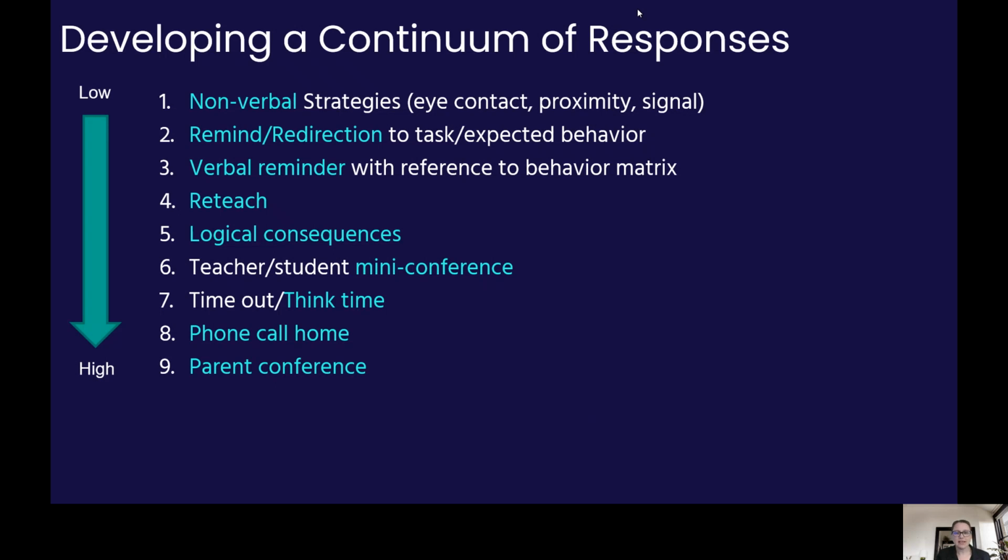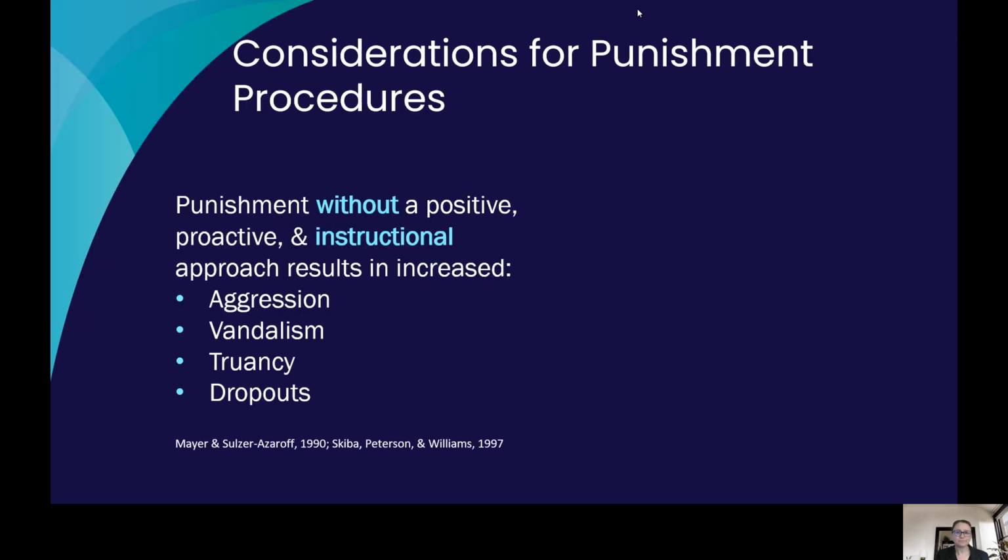I encourage teams to think about how to push in prompts, reminders, and model the use of instructional responses such as redirecting, reteaching, conferencing with the student, and when necessary, the student's caregiver. Responses to social errors should be respectful and reduce the probability of escalating behavior. There's ample research that demonstrates that punishment without a positive, proactive, and instructional approach results in increased aggression, vandalism, truancy,